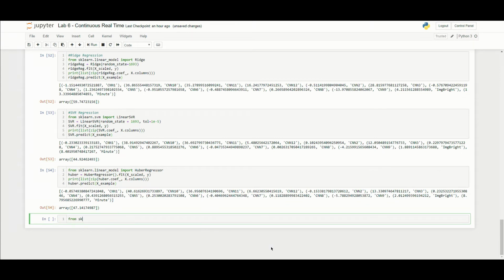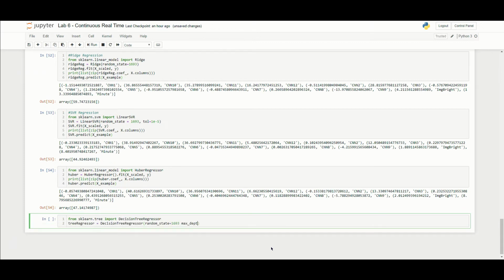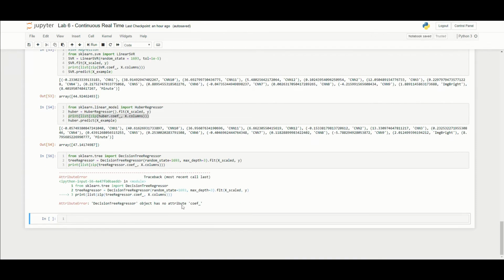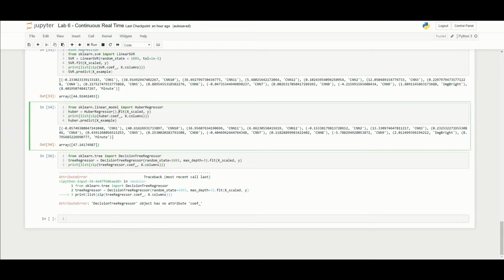So just to illustrate that, let's go ahead and fit our model. In this case, there's not going to be anything that we can fit, right? The decision tree regressor has no attribute coefficient. There is no coefficient here. So we have to display the results from a decision tree slightly differently than we do all of these other